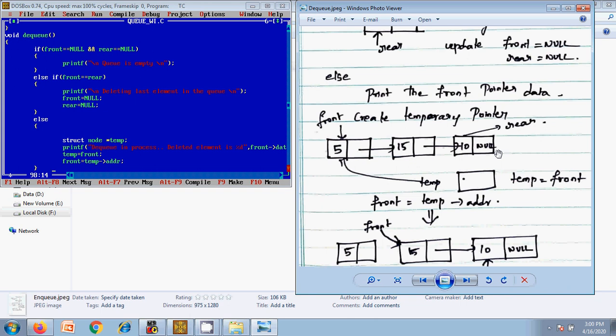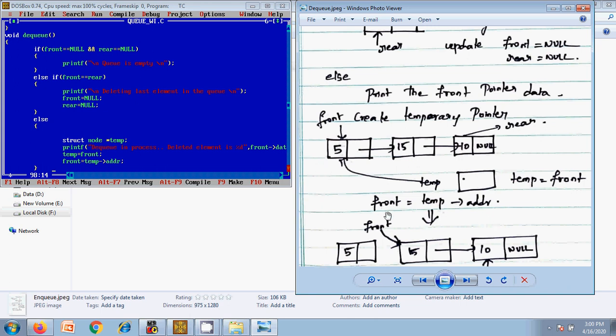So 5 is going to be the node deleted, and I am creating a temporary pointer called temp, and temp is assigned to front, right? So that temp will also point to 5. I want to change the value of front, right? I want to make the front pointer point to 15 so that 5 will be detached from the queue.